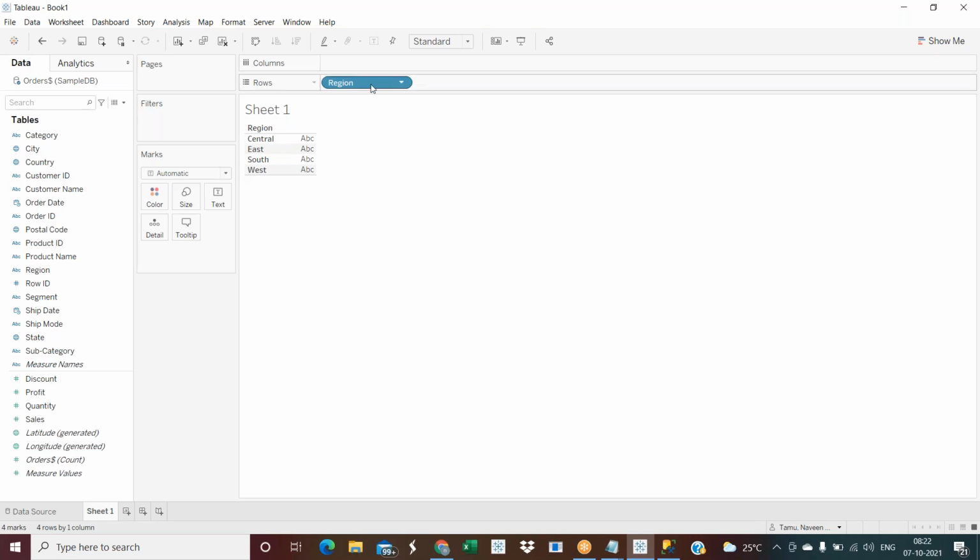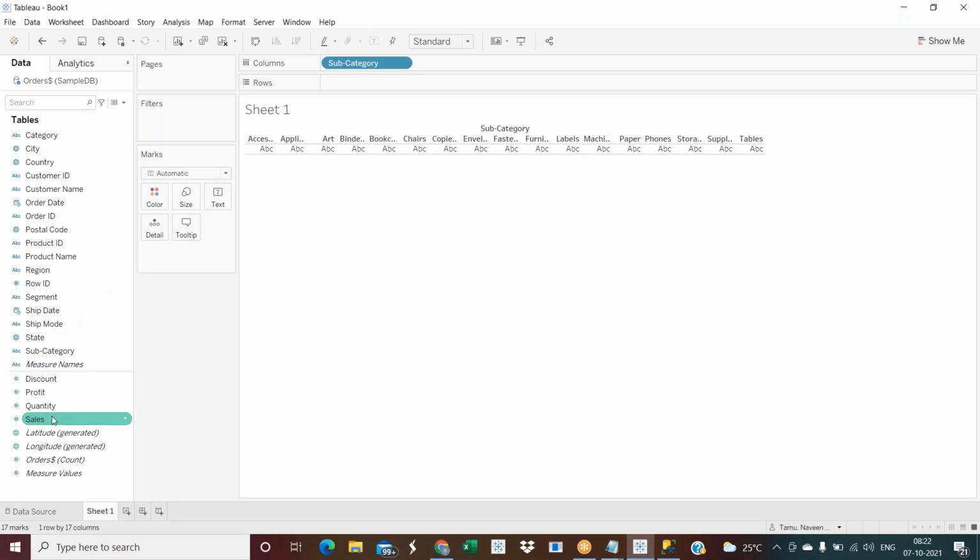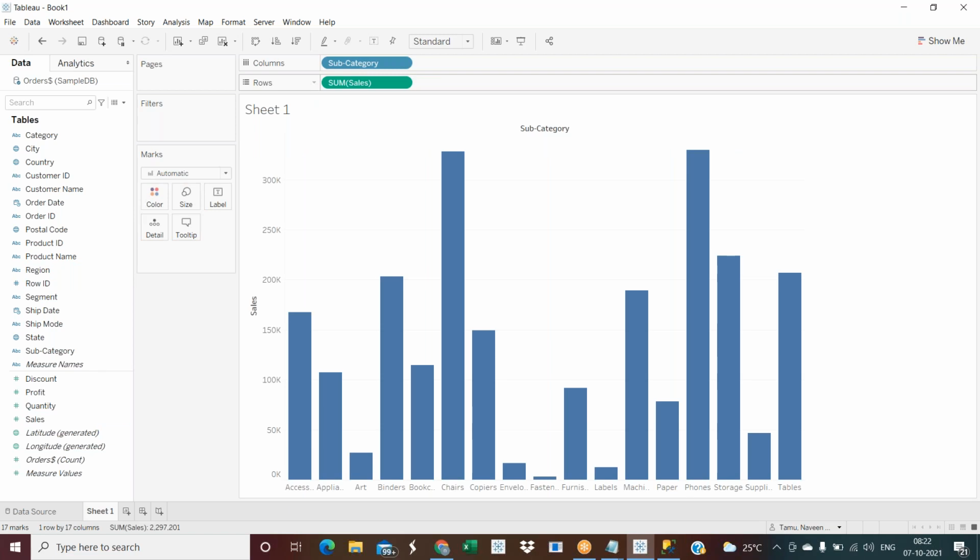What you need to learn is the mark shelf. You need to learn this mark shelf. This is very important. So what does it mean? I'll drag and drop two columns here. Okay, now I have a simple chart. I just want to change this to a line. How do I change it? In the mark shelf, I can change my mark type. Mark type means the visualization type. I can change it here, so I change it to line.